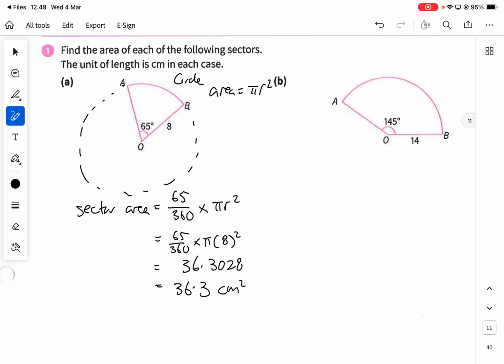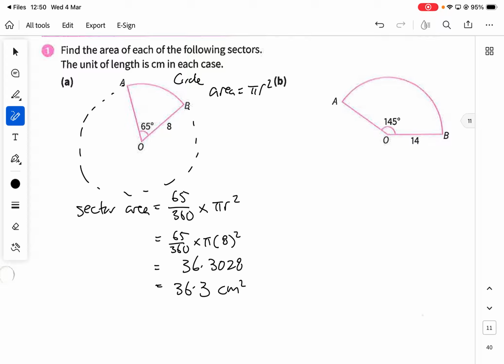Key this inside calculator. 248.011 or 248 3SF. Going to put the cm square. Okay? Actually, I already finished the